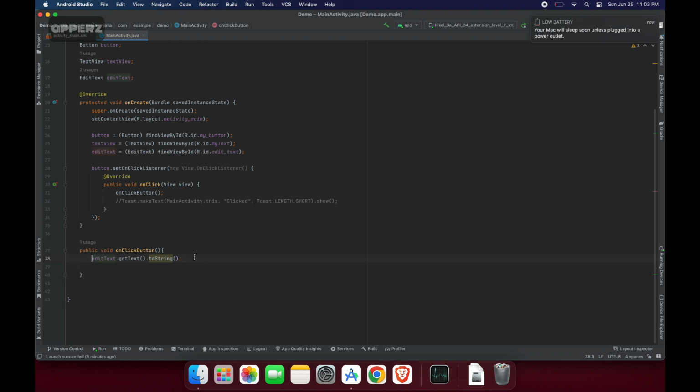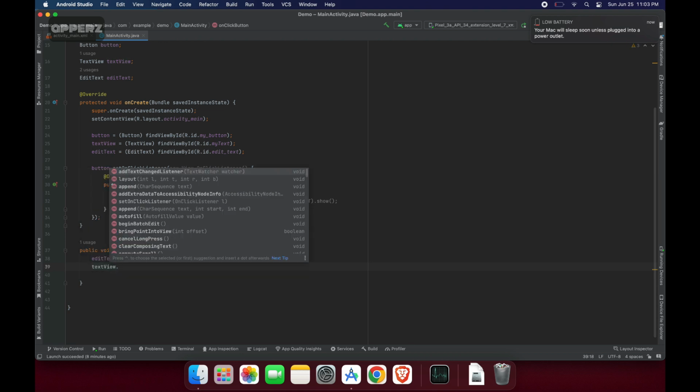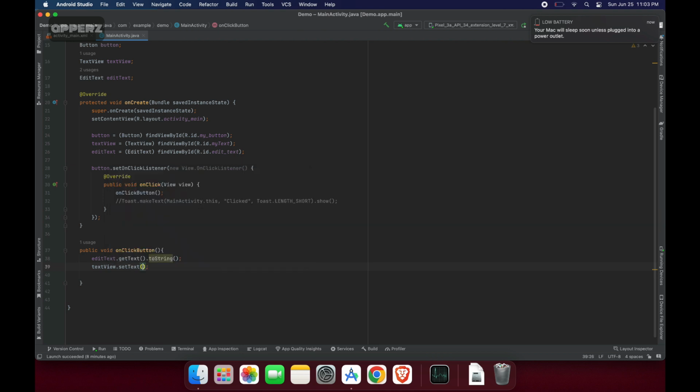Okay, now what we have to do? We have to set this value to text view. So how are we going to do it? Text view dot set text and value of it. So we can just